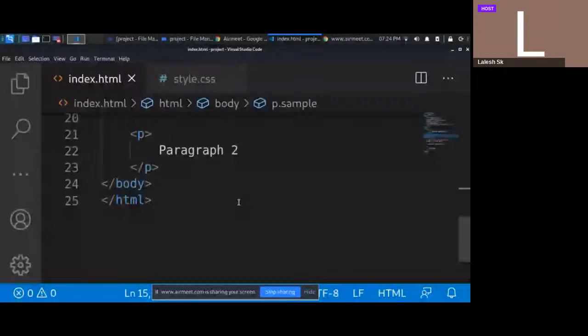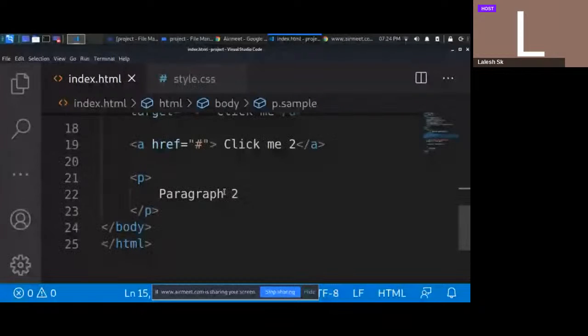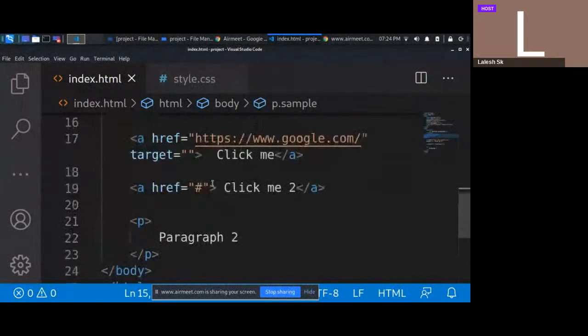Now the final one is we have to discuss a lot for this attribute selector. We discussed how to use an attribute selector. So here I am going to use a reasonable value for this target. That is something like hello. I am going to use hello. Target equals to hello. I just used target equals to hello. All right. Now